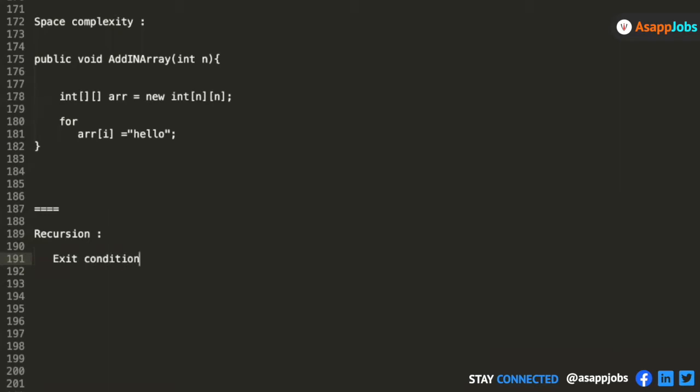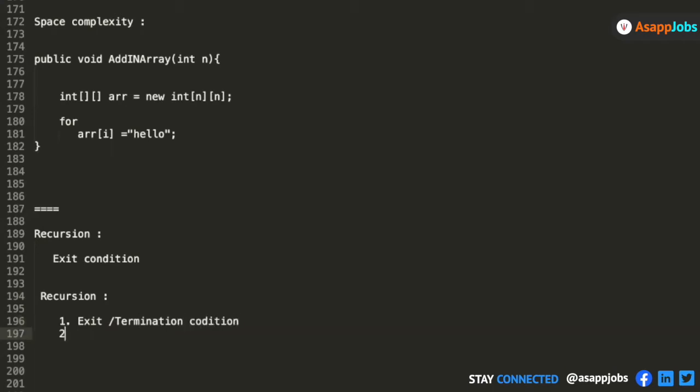Anything else? Okay. So I'll take a very simple example. Before that, I'll just try to create a structure. Any problem that you solve with recursion, whether simple, medium, very hard or very complex, you do only three things. The first and most important step in your recursion code is that you write an exit condition, the termination condition.